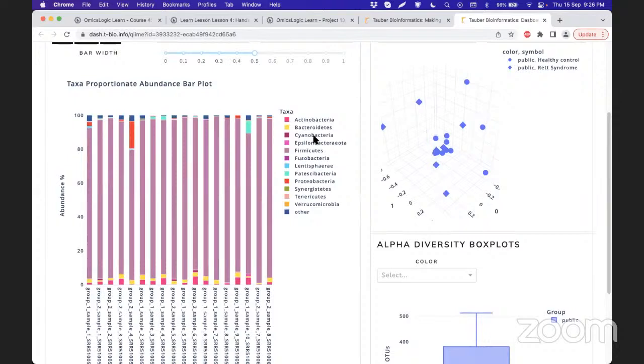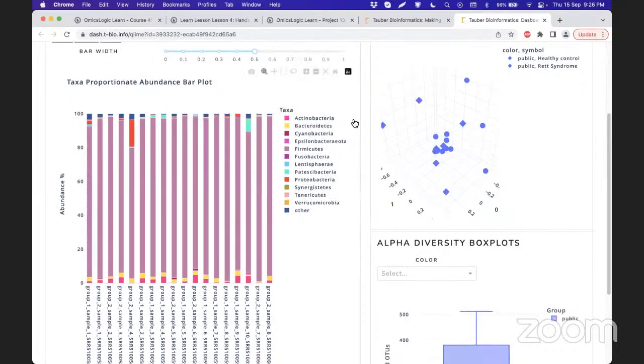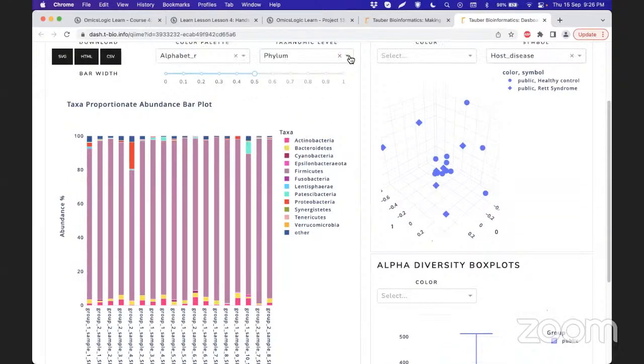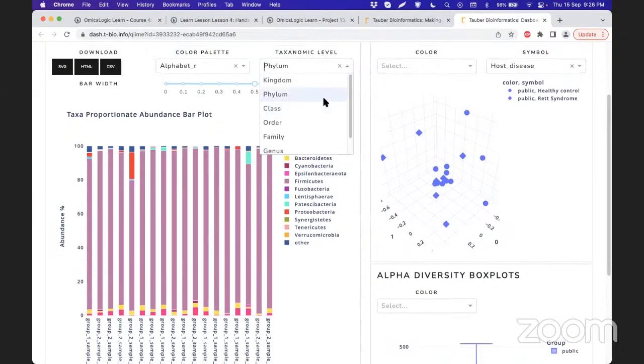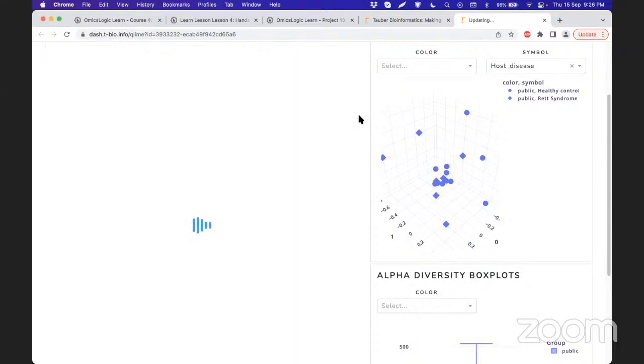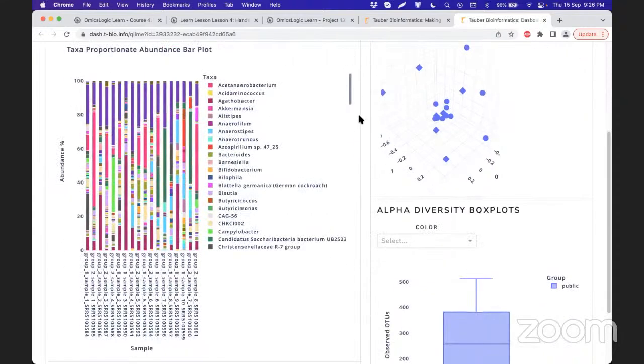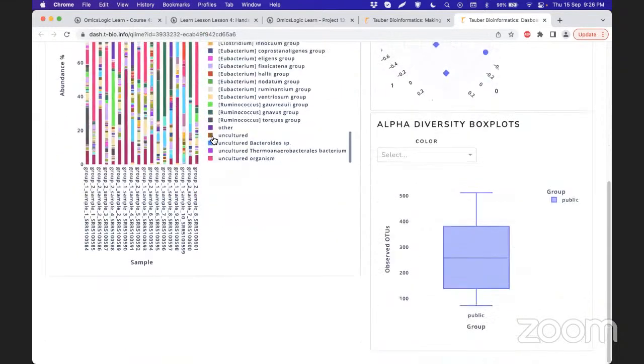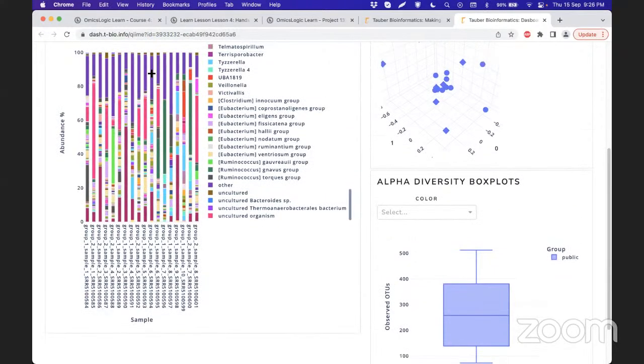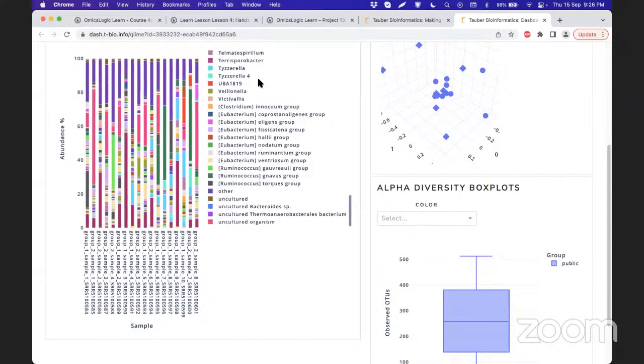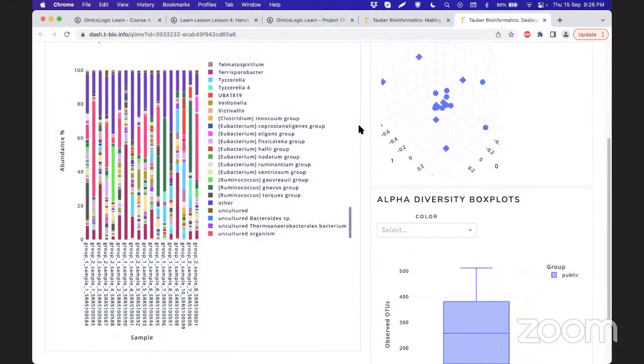Look at this, the phylum level is not very informative because most of them are populated by Firmicutes, and the best level at which we can study this is at the genus or family level. Genus could be too varied, and it can have several not applicable or unknown entries in them. For example, unknown or uncultured organisms, or other organisms grouped here by these purple bars, right? They are all other, which are unclassified genera. So one level